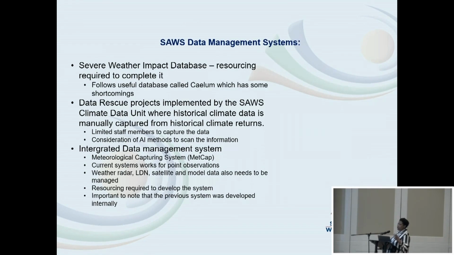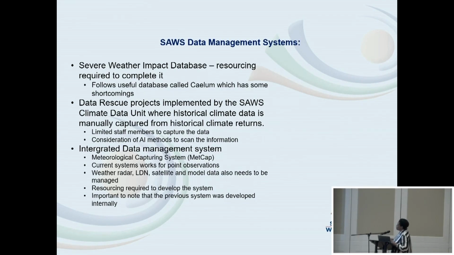So these are some of the limitations that we've found in the KLAM. However, now we're starting to establish a severe weather impact database where we're not only focusing on the event itself, but also the impacts that the severe weather has, and the weather systems that are responsible for this event. For instance, when you're talking about a flood, what systems are you talking about? Was there an upper trough, was there a ridging high, and all of that. All of this analysis is captured in this new data management system. It is still a work in progress, but we're getting there.